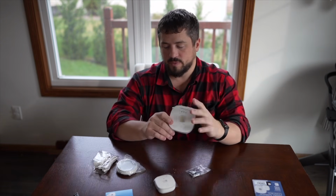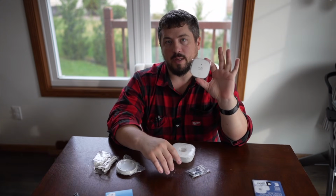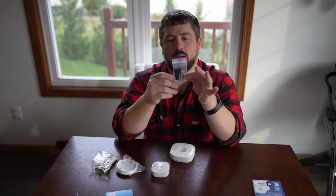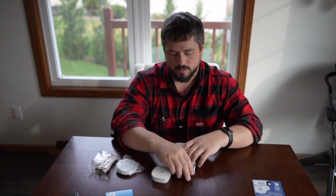So we have our hub here that controls everything, and this is what you're going to end up mounting on the wall. And then this is your sensor that you are going to end up mounting on your garage door. They've included your hardware packet here, which has Velcro for your sensor to mount on the garage door. And then there's also some screws and some drywall anchors, which will be to mount your hub on the wall